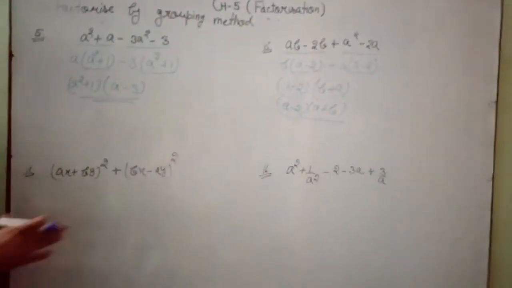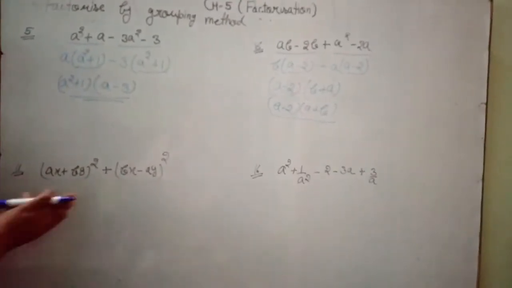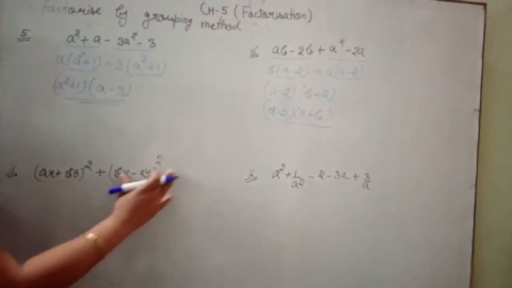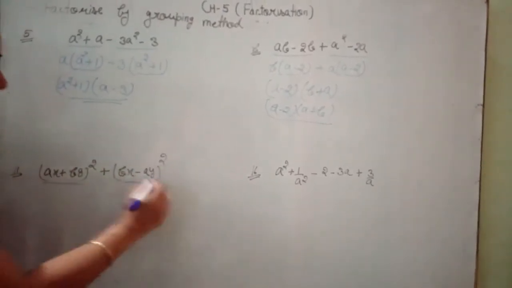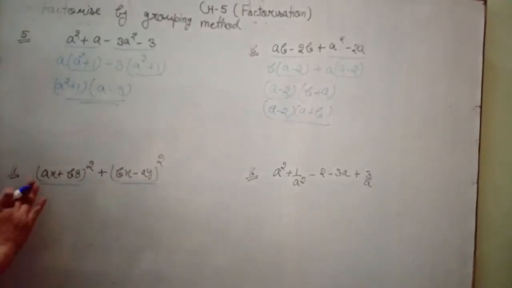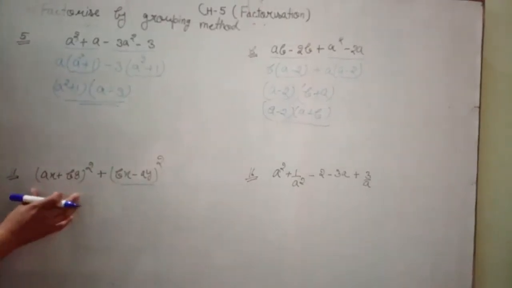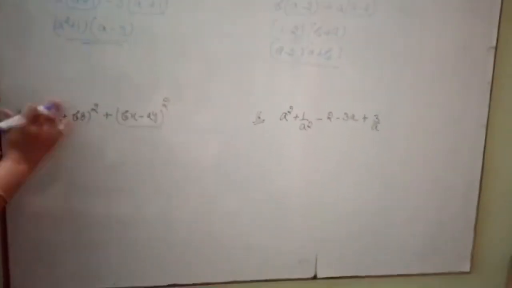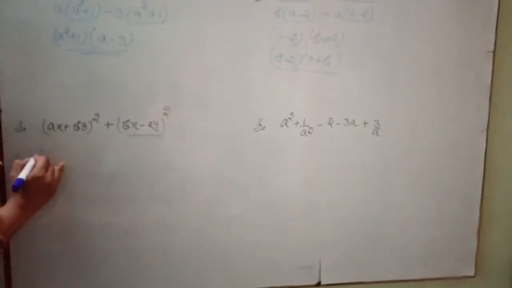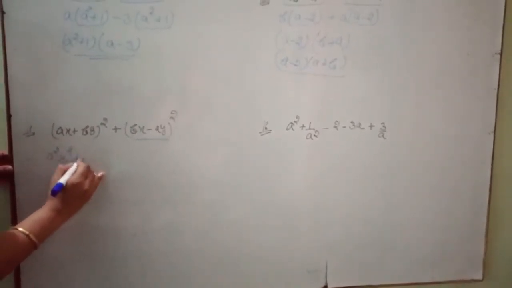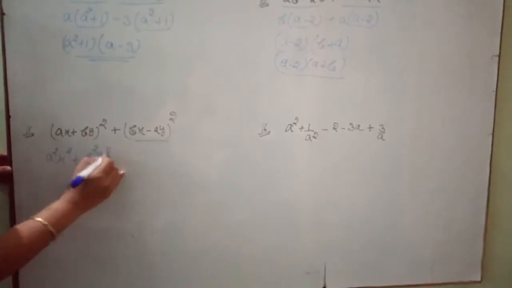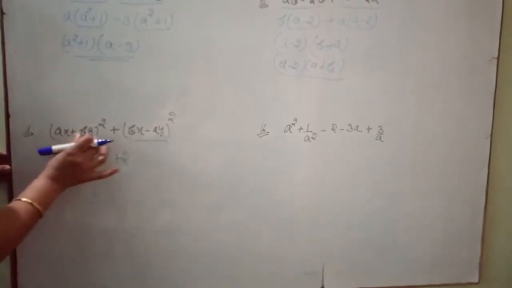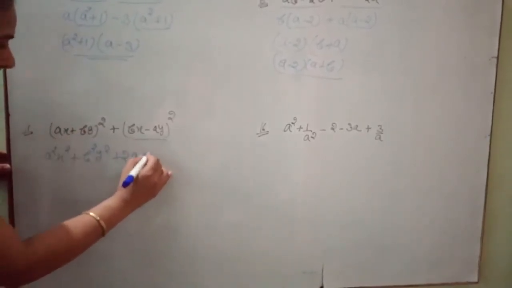The next question, question number 11. Student, the expression is (ax plus by) whole square plus (bx minus ay) whole square. In the first 2 terms there is nothing common. So first we solve using the identity, meaning the square of these two terms. First we solve (a plus b) whole square. Then according to the identity, a square x square plus b square y square plus 2 into a into b, then 2abxy.